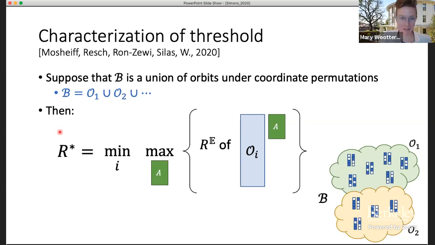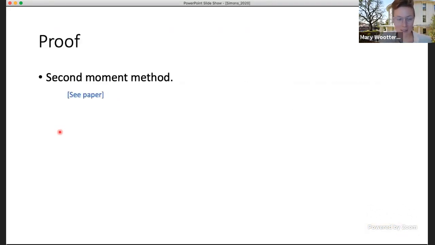So now we've gone through the main meat. The proof of this statement, I'm actually not going to talk about, which is why I will be able to wrap up in 10 or 15 minutes. It's not so hard, actually. It's just the second moment method. I direct you to the paper for the details. But I think really the hard part is coming up with the right thing to look at, which in this case is these orbits under permutations and these linear projections. And once you know that that's what you're going for, and you know you're supposed to use the second moment method, it kind of works out. So I'll direct you to the paper for the proof, but basically just the second moment method.